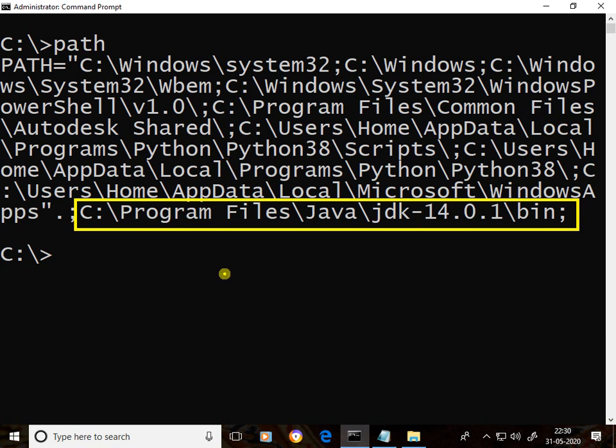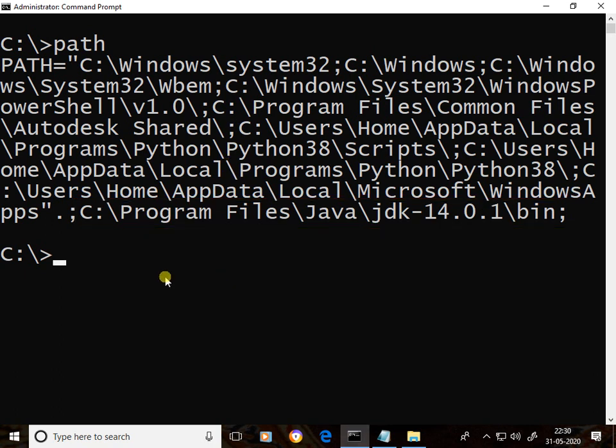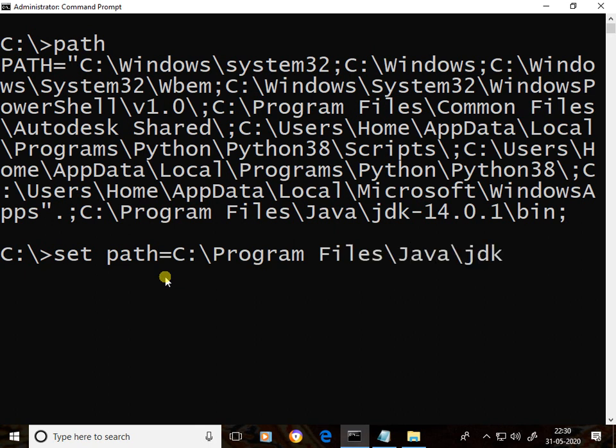If you don't write append mode, what will happen? See, set path equal to C drive, Program Files, Java, JDK-14.0.1/bin semicolon.